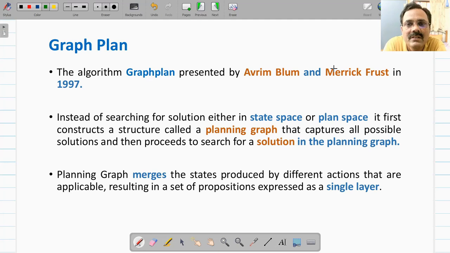In goal stack planning we saw that the algorithm searches through the state space, and in plan space planning the algorithm searches through the plan space. But here in graph plan, it first constructs a graph called the planning graph. This planning graph captures all possible solutions and then carries out a search for finding a solution in the planning graph.